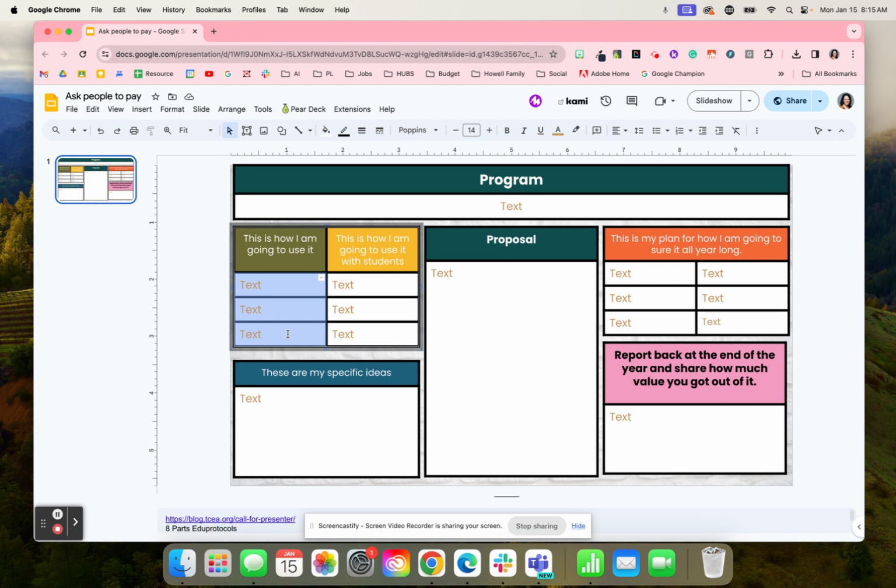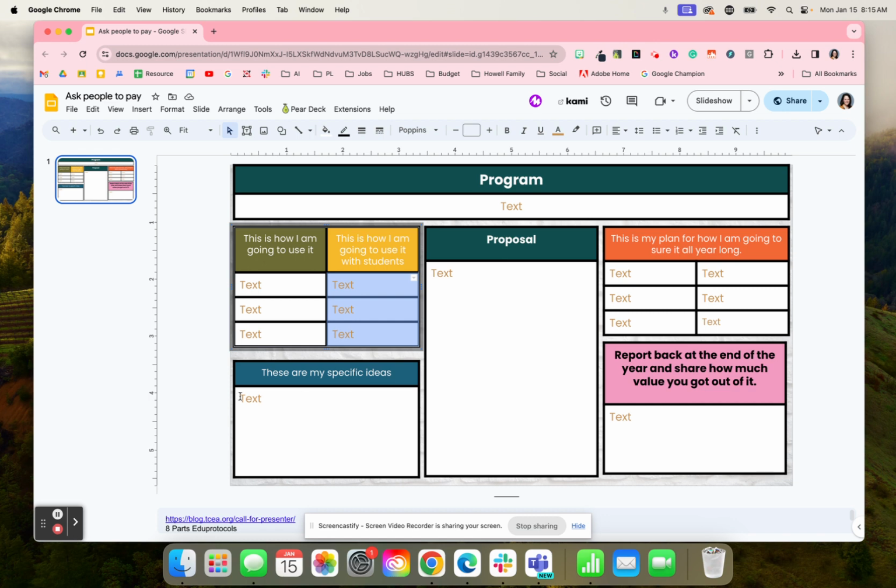This is how I'm going to use that knowledge from this conference that I want to attend. So, again, this is kind of how I'm going to use that product or that knowledge if I'm attending a conference. This is how I'm going to use that knowledge with my students, or maybe you're a coach with my stakeholders or whoever. You can change students to whoever you need to. But again, this is how I'm going to use it. This is what I'm going to take from that knowledge, and this is what I'm going to do with it. Or this is what I'm going to use with the product and how my students are going to benefit from